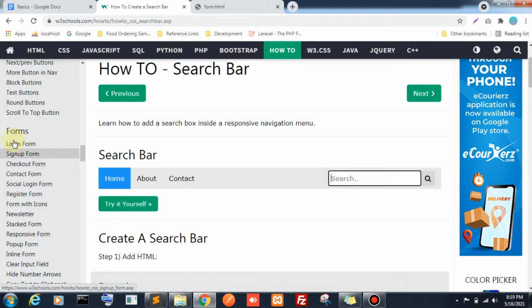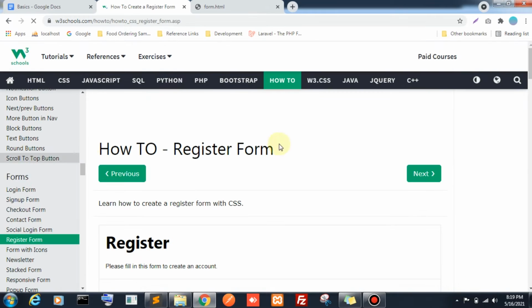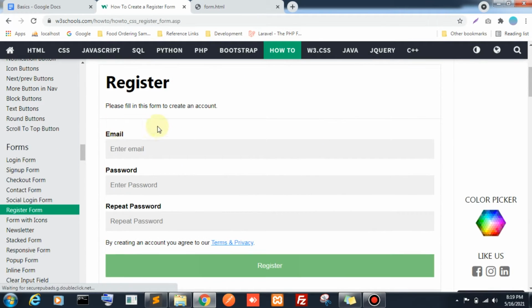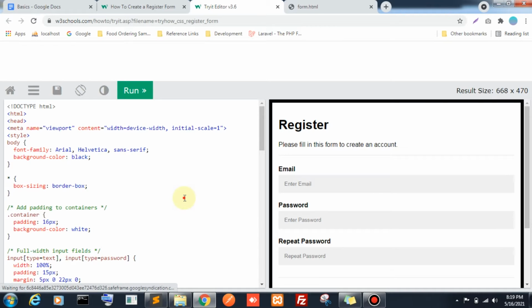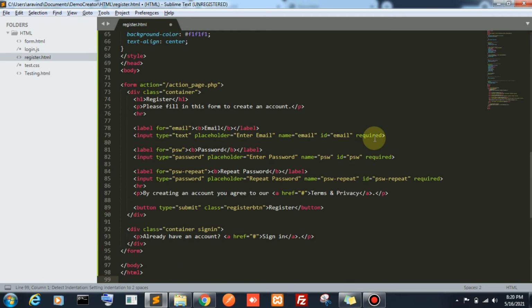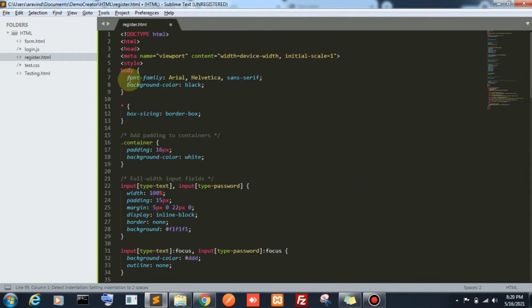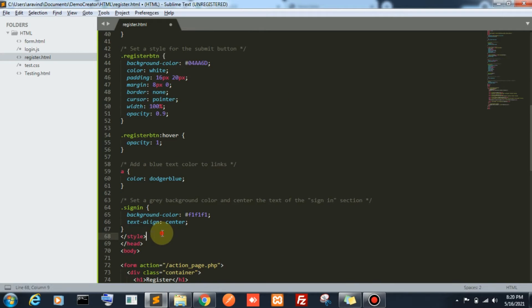Here we have a form section, and in that form section I am taking a register form. This is the register form I am going to copy. This is a pleasant, basic UI. I'm just copying this code and pasting it here. This is the internal CSS. Hope if you watched our CSS video you will know about this.